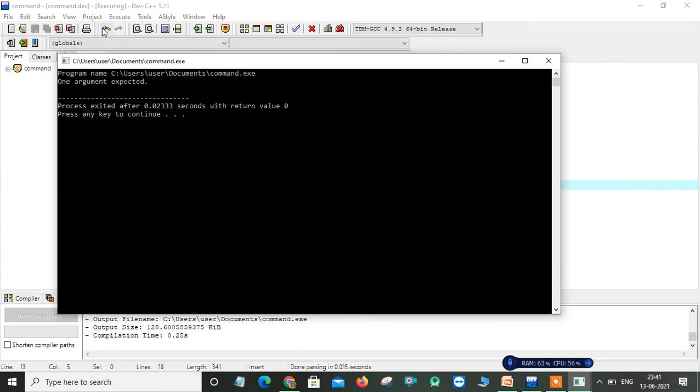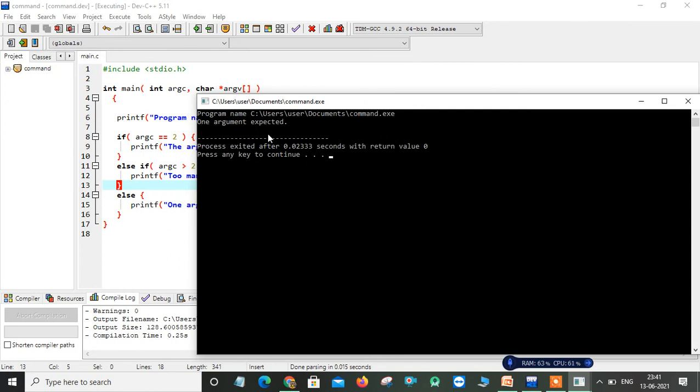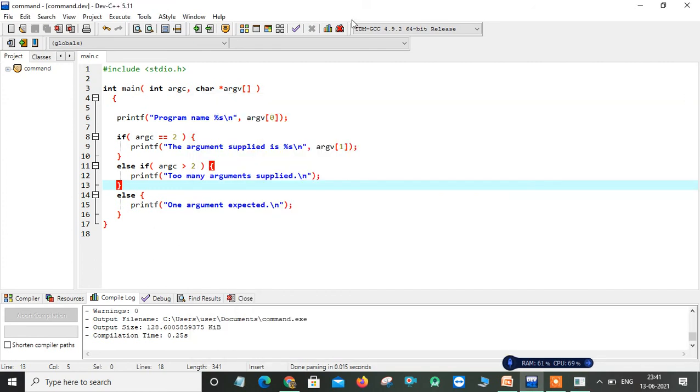I saved this program as command, so it gives me my program name as command.exe. I didn't pass any parameter to my main function, so it says one argument is expected.